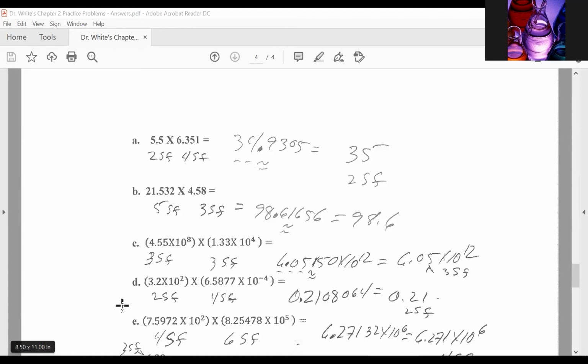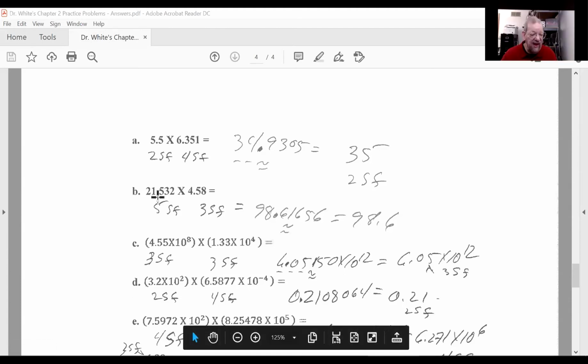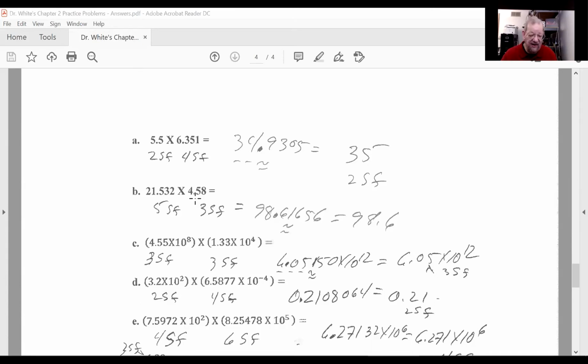And that's how you do it. If we look at number B, notice I have 5 significant figures, 3 here on the second number. How many significant figures should your answer have? Same as the lowest number of significant figures of the numbers you multiply or divide, 3. So you round this off to 3, keep the 9, keep the 8, keep the 6. The round off number is 1. It's past the decimal. Therefore, I'm going to drop everything, and you get